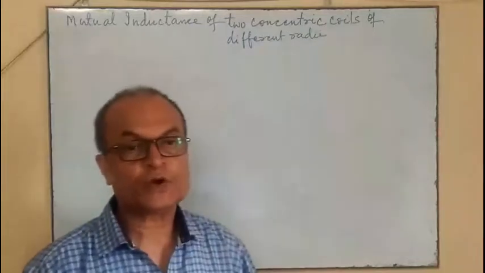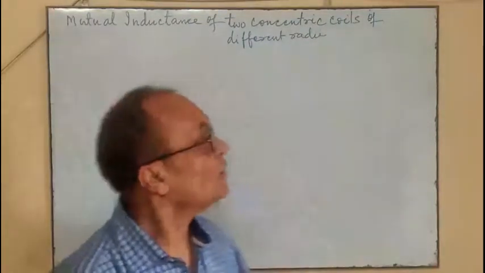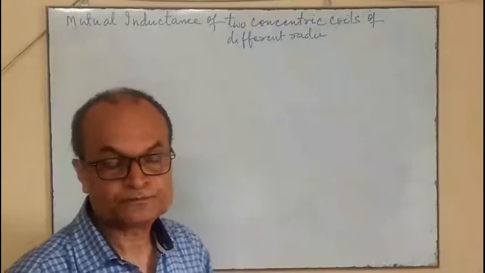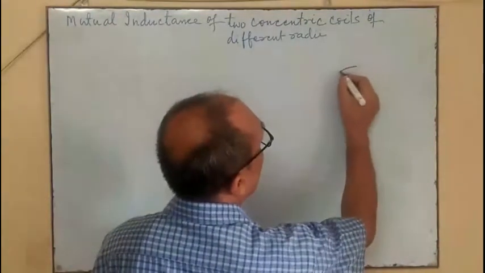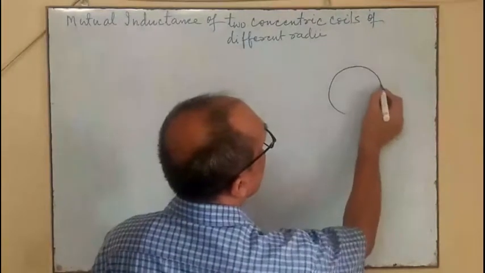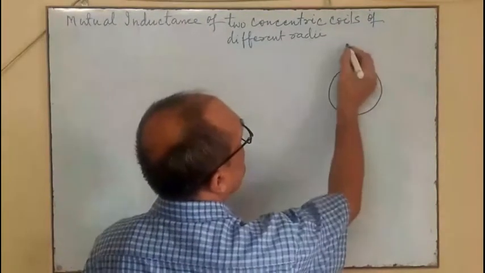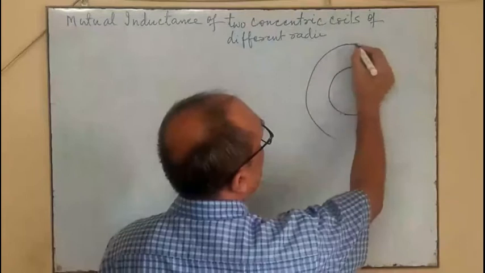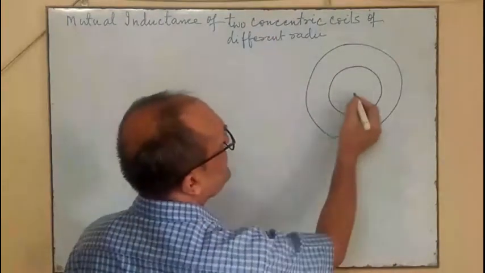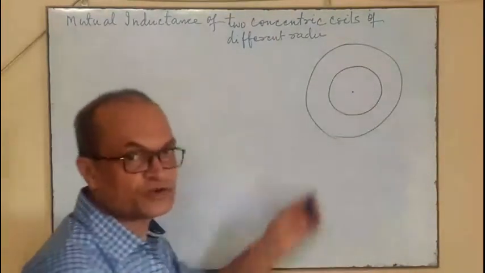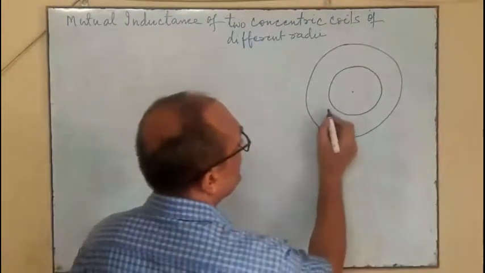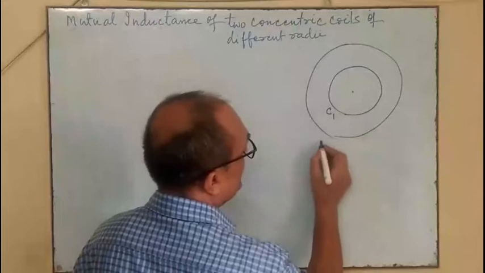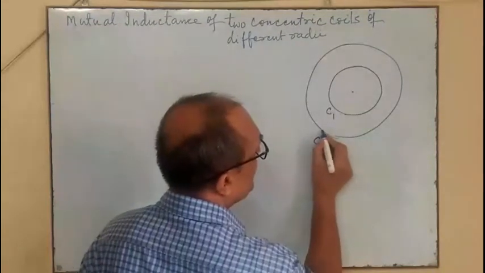Mutual inductance of two concentric coils of different radii. Suppose this is the one coil and this is the other coil. Both these two coils have the same center, so they are concentric. Suppose the inner coil is named C1 and the outer coil is named C2,